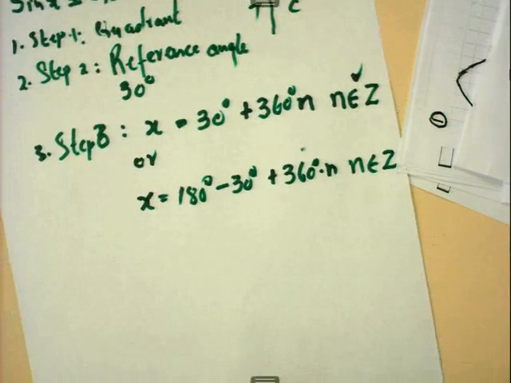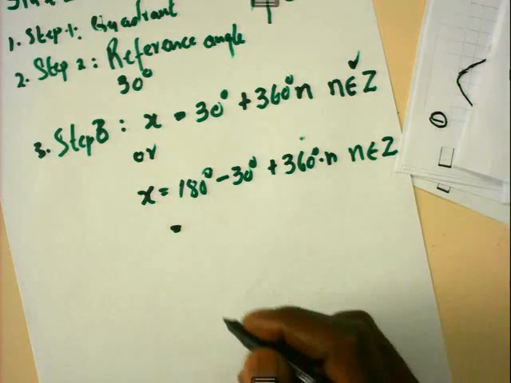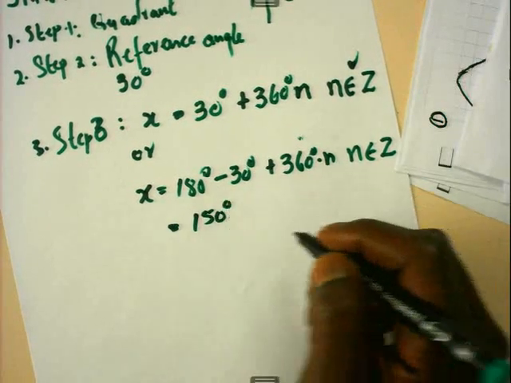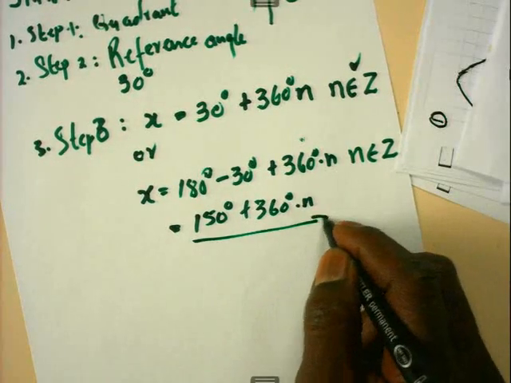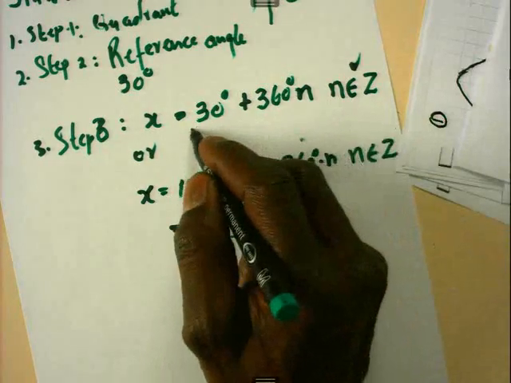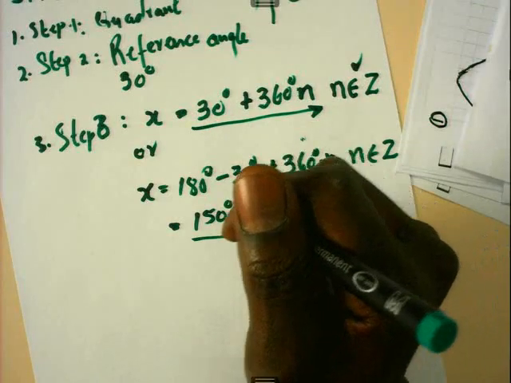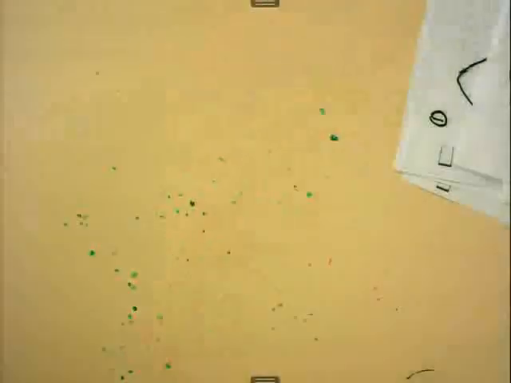Now, if we simplify the second solution, we have x equals 150 degrees plus 360 degrees times n. That will be the general solution for this problem, sine x is equal to 0,5. I hope you find this very easy. I want us to move to the second problem, which will be cosine of x is equal to